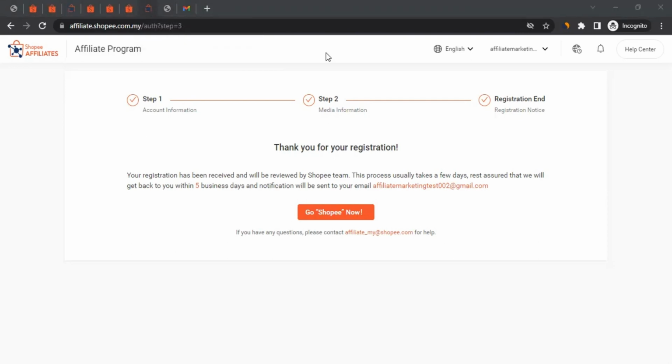So let's say you started generating commission, then how will you get that commission from Shopee? So Shopee does monthly payment, and your account basically should accumulate the equivalent in local currency of 50. That means whatever commission you're generating in your affiliate account with Shopee, it should exceed 50 currency units. Once it has exceeded 50 currency units, Shopee will issue the payment to you via bank account. So ensure you add your banking information as well. That's the payment method available with the Shopee affiliate program. So any commission you generate in your affiliate account with Shopee, you can expect the payment from them in your banking account.